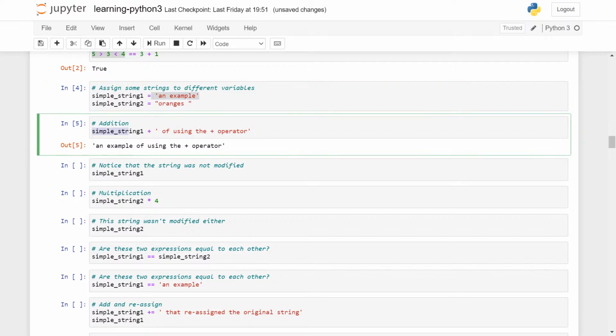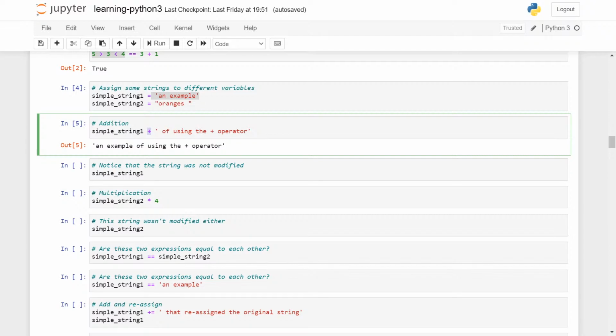Now simple string 1 plus ' of using the plus operator.' So, 'an example of using the plus operator', this is what I want to say. When you use plus in between any two strings, it adds both the strings, and that thing is called concatenation.